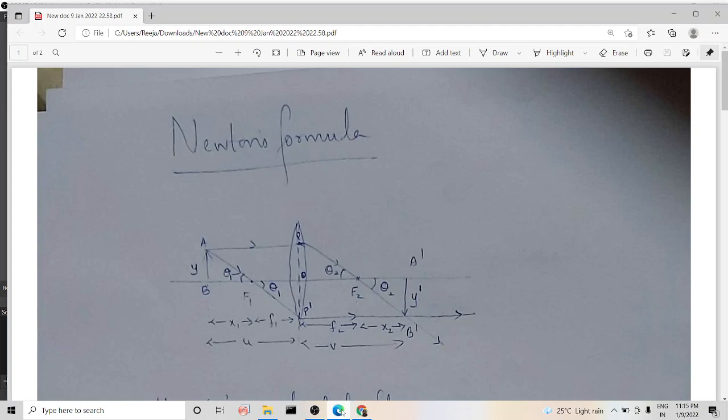Today we are going to discuss the Newton formula, or the Newtonian lens formula. For that we consider a biconvex lens. Here